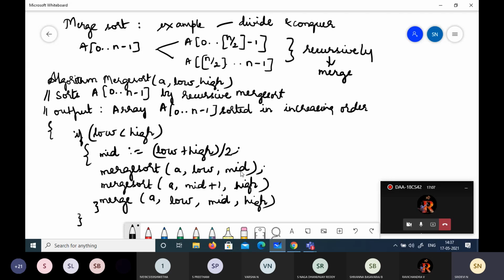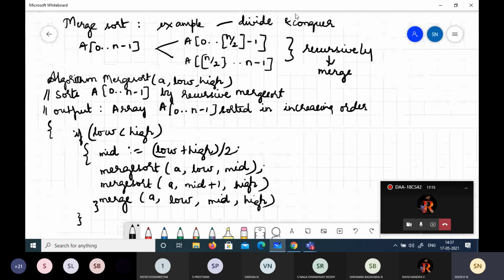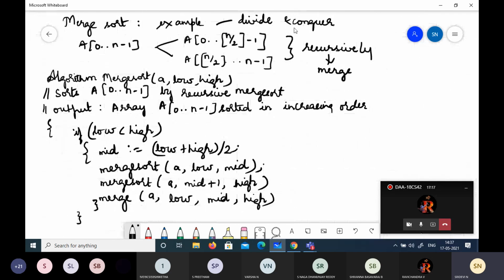And what is this merge? Merge is used in order to combine those solutions, isn't it? That's what is told: divide and then conquer. So we should divide and then we will conquer. For that we need this merge. For that we will write one more algorithm, merge, with an array, and we'll pass the lower index, the middle index as well as the high index, and we start merging this.